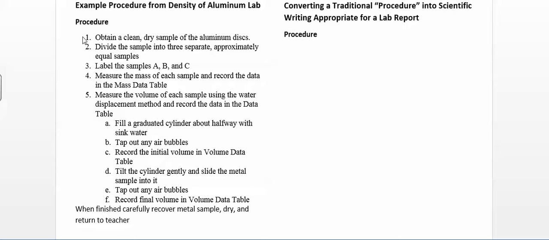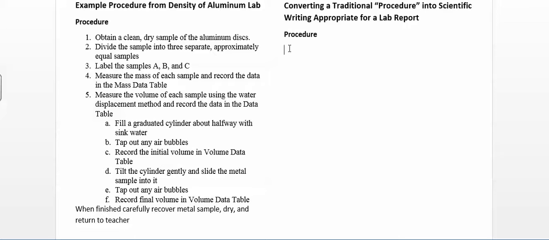The procedure is pretty simple: obtaining a sample of aluminum and getting the mass of that sample and then getting the volume of each sample. Now, water displacement is used for the volume measurements, so that's going to be an important note that needs to make its way into our actual procedure. So starting with the procedure